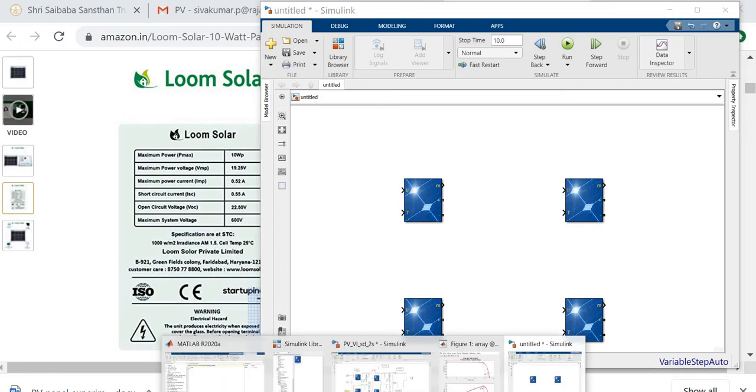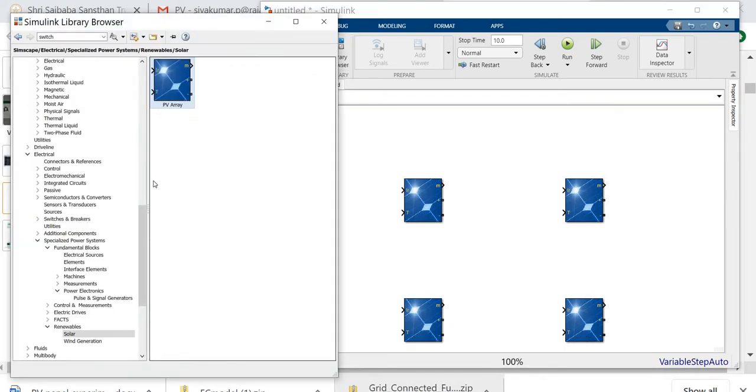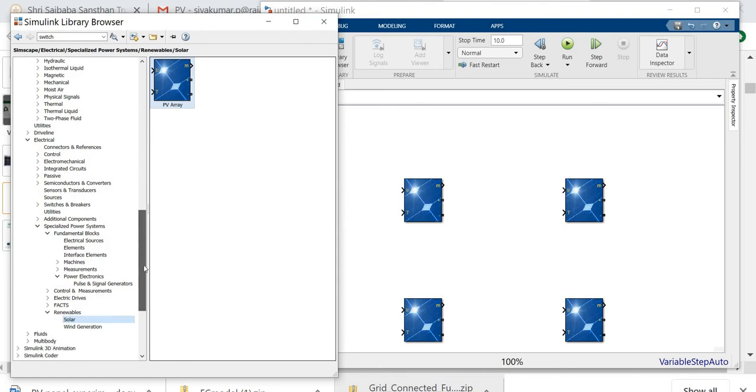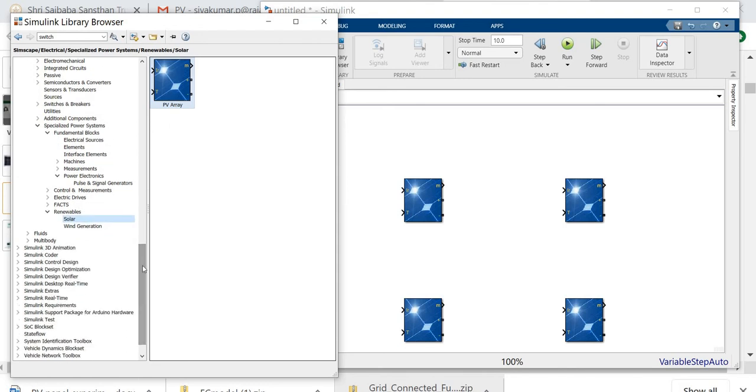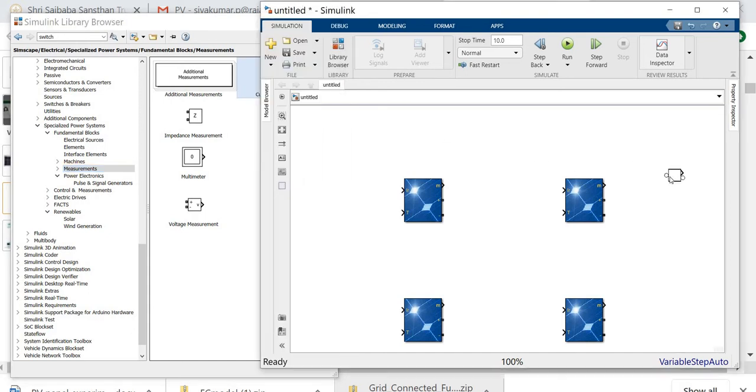So the next point, I'm going to connect this by the wires. We need the measurement of the voltage and the current. For that purpose, I drag and drop the measurement of current using the ammeter.